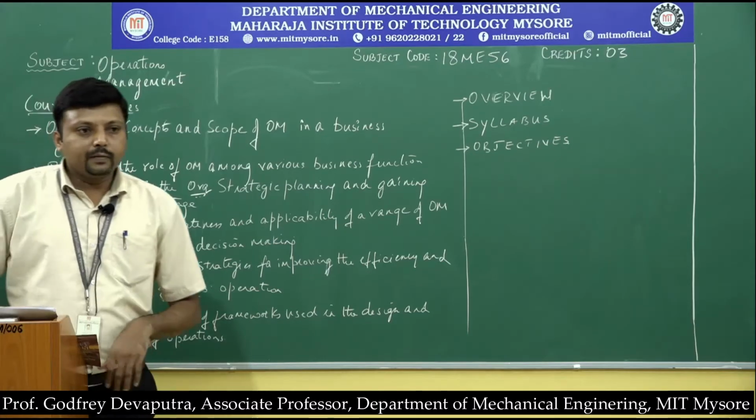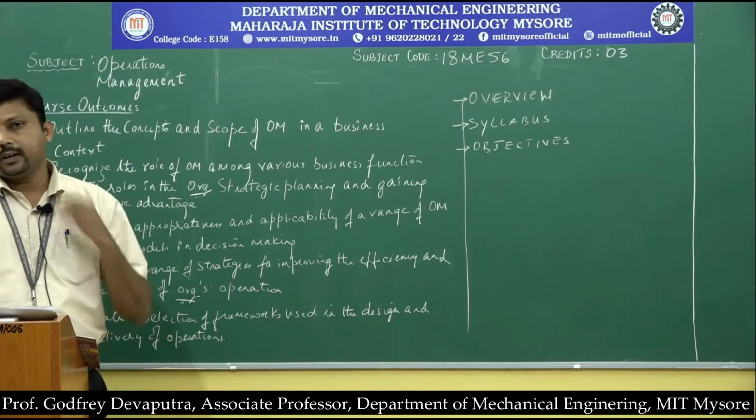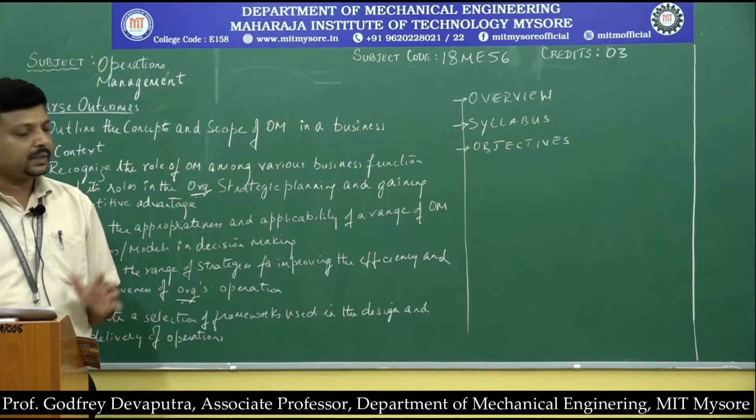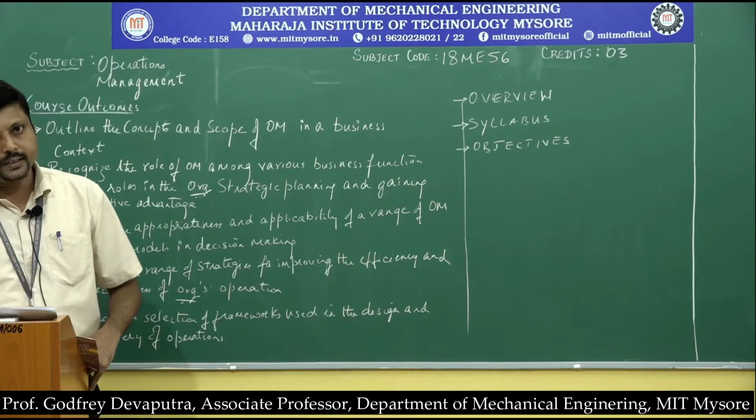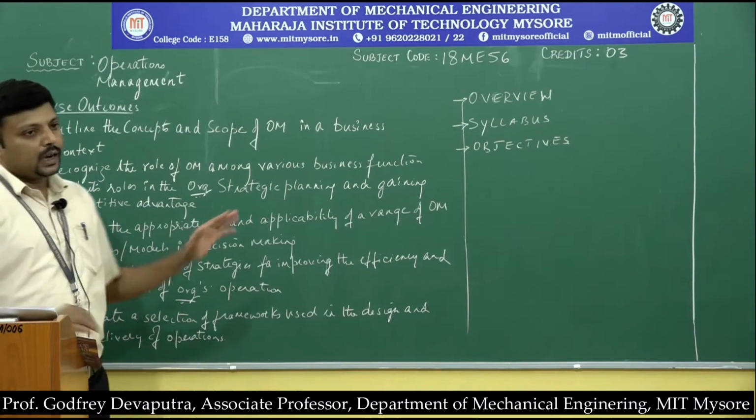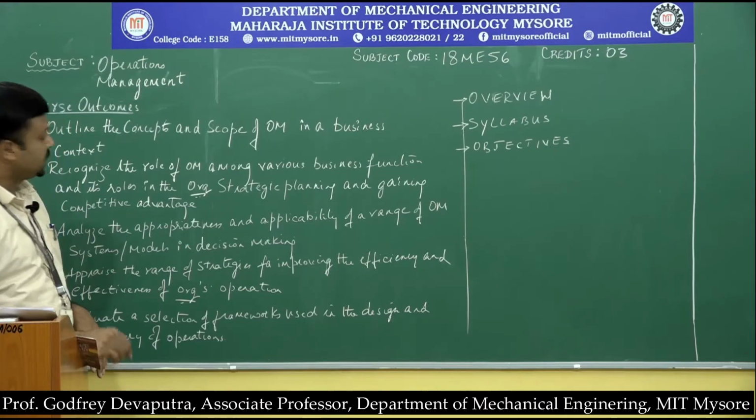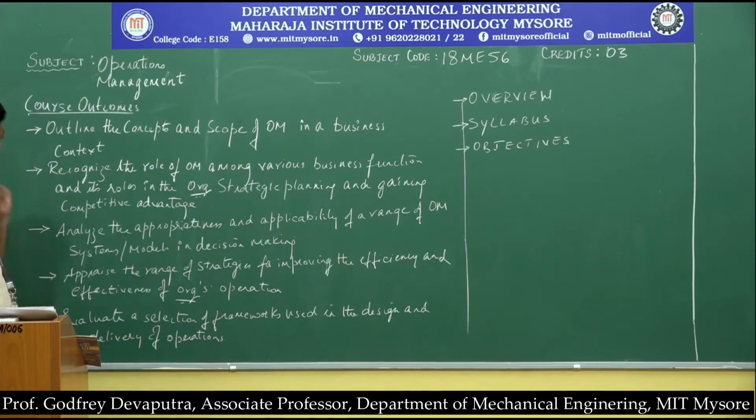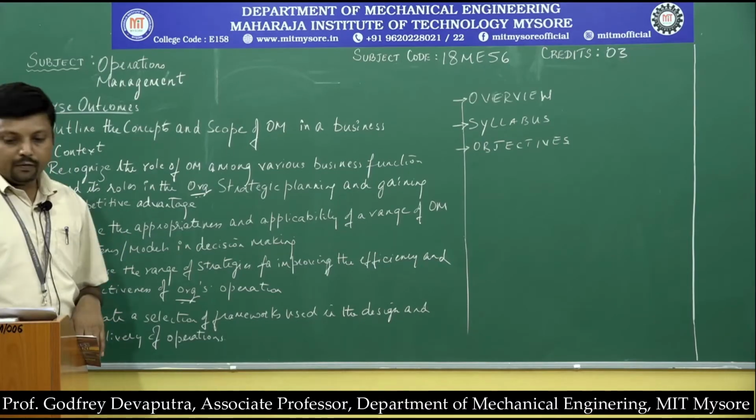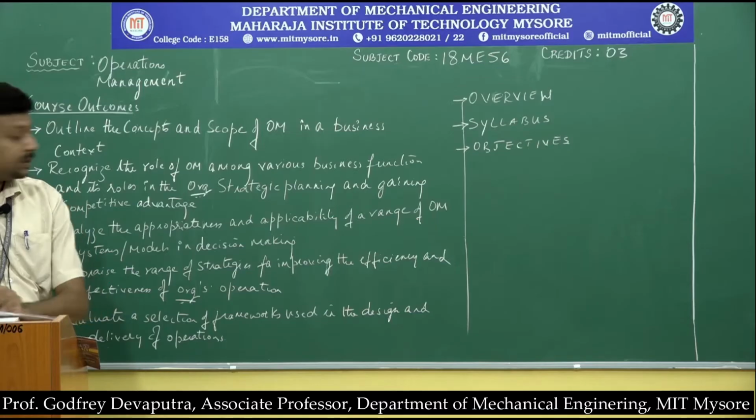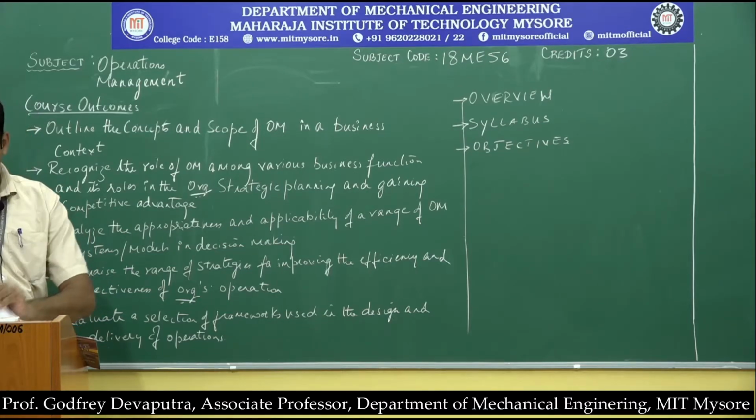With this overview, which basically speaks about the history of the subject and the very purpose of its existence in the curriculum, these are some of the outcomes which a student is expected to gain at the end of the semester. Here I have written down the course outcomes. First one being, outline the concepts and scope of operations management in a business context, recognize the role of operations management among various business functions,